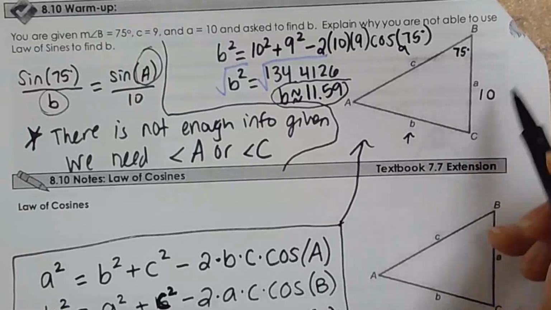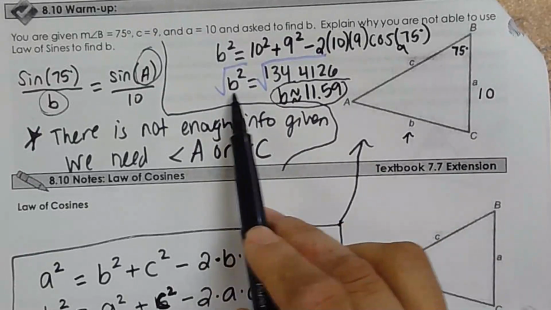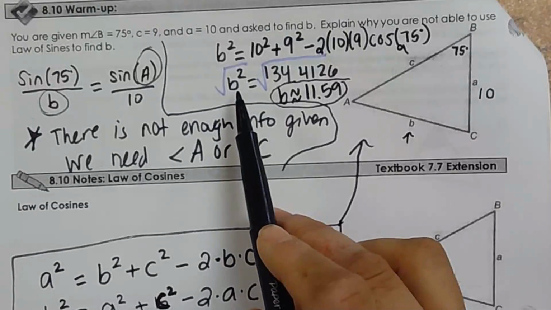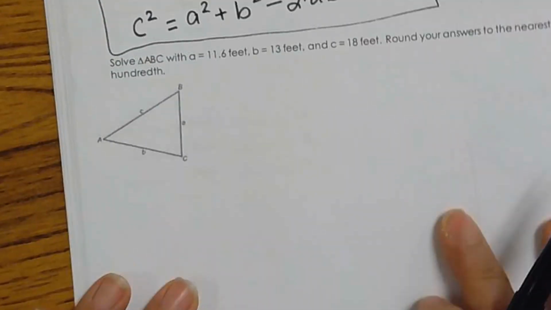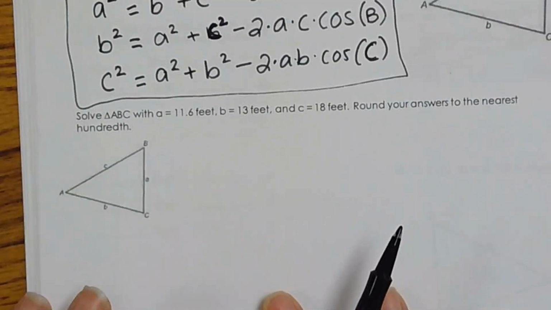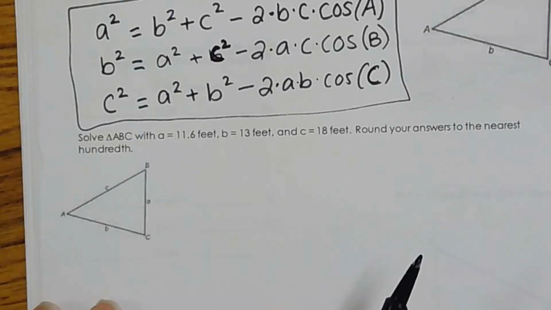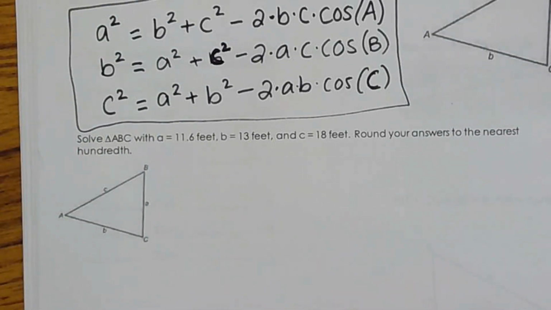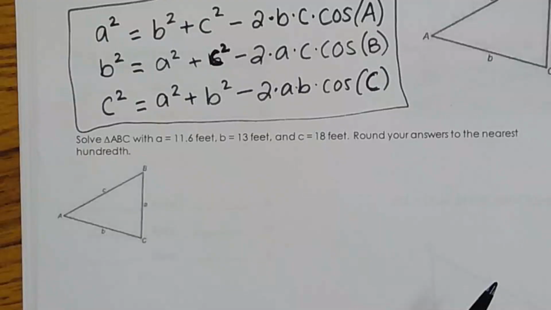So this one worked because I was looking for lowercase b. All right, we're gonna move down to the very bottom now, and still let you see at the same time the law of cosines equations are right there. Okay, now there's a diagram of a triangle, and we're trying to figure out what it's